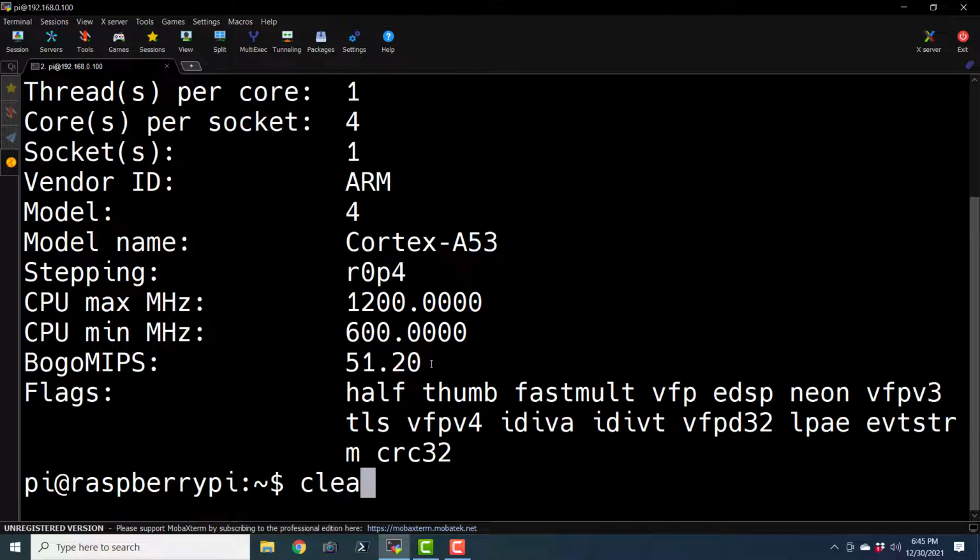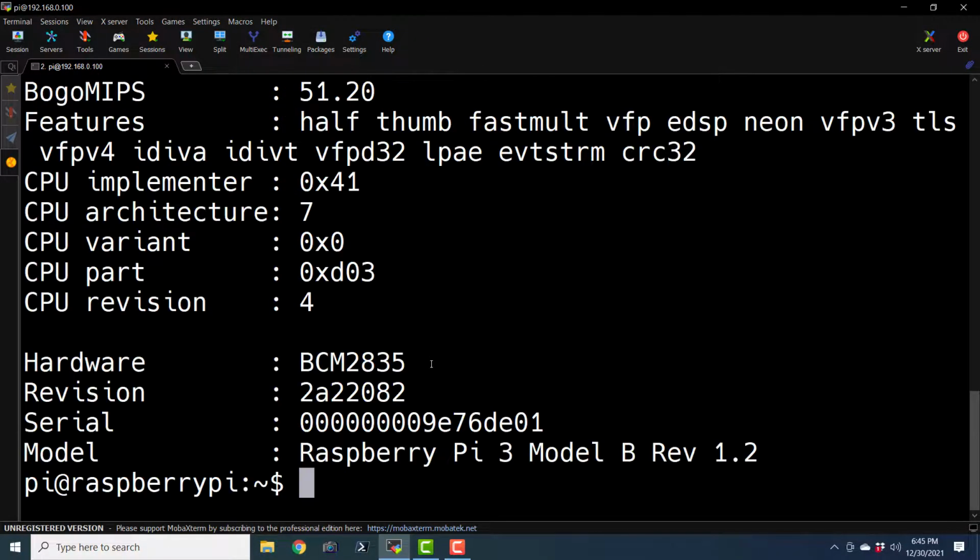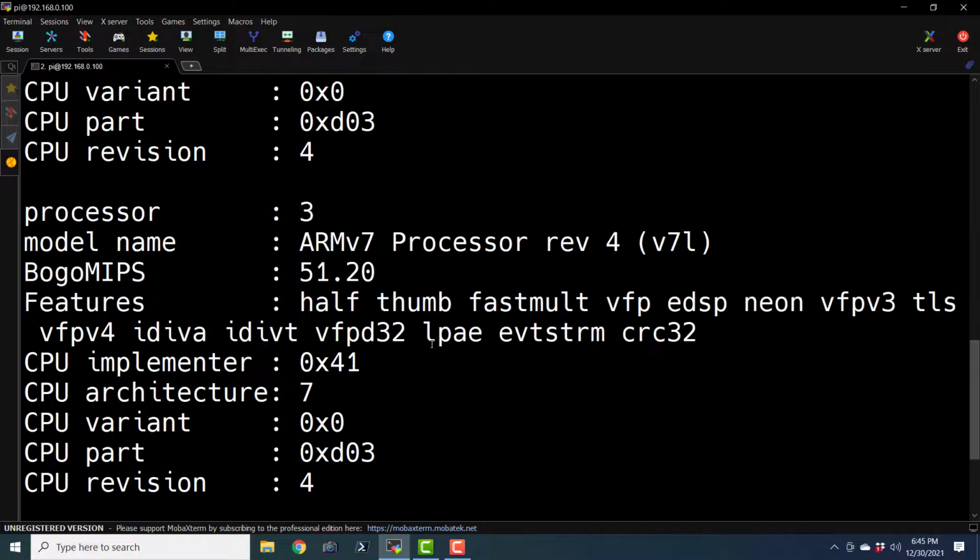We can obtain the same information from cat /proc/cpuinfo, and if I hit enter, it shows us this CPU information.